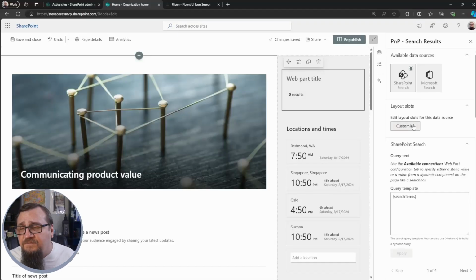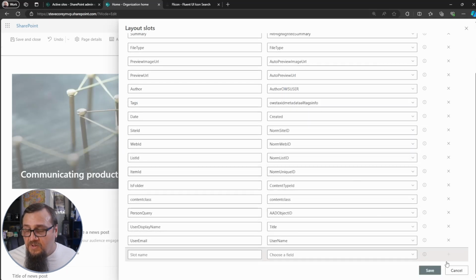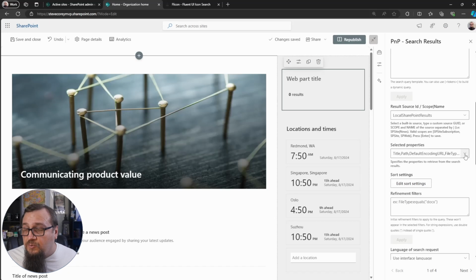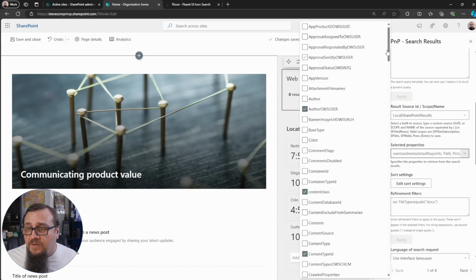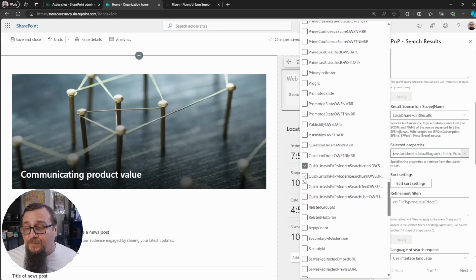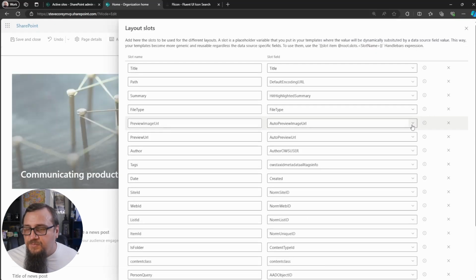But what we need to do is configure these layout slots so that we can start bringing in the data from that list. We're going to be doing it through Microsoft Search as opposed to going straight to the list to get that. So to be able to find the managed properties in SharePoint Search in the layout slots, we're going to need to go to the selected properties. And we're going to find these properties right here. They're incredibly long names. That's fine. No one's going to see this but you. So we're going to add these in, and then we should be able to come to layout slots,